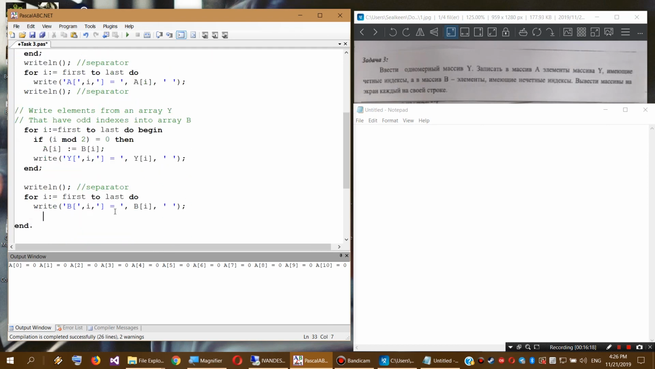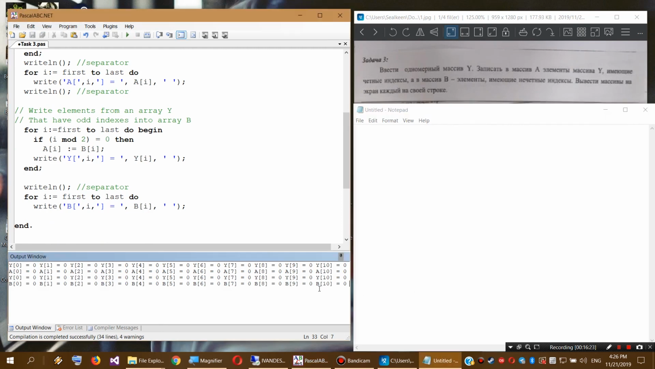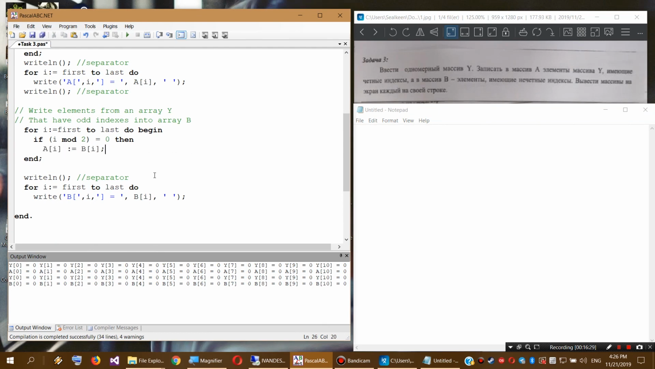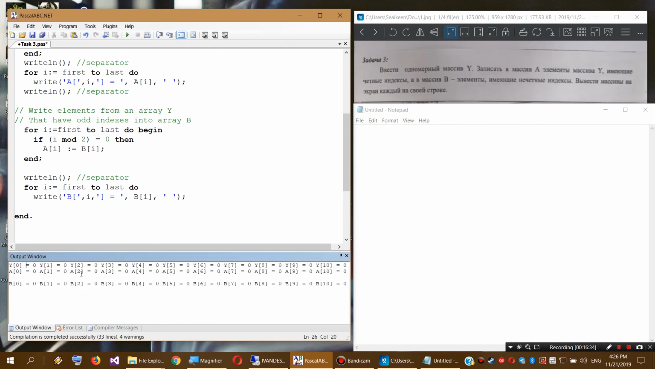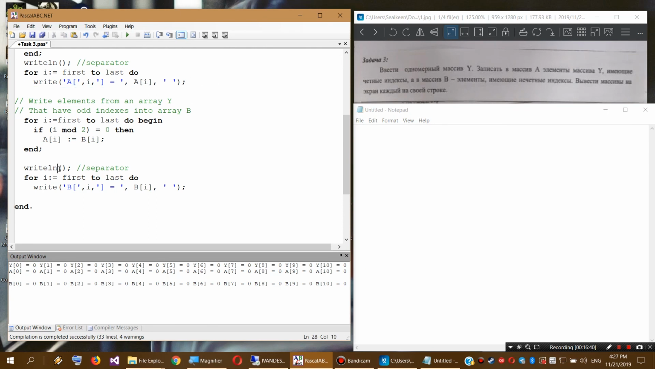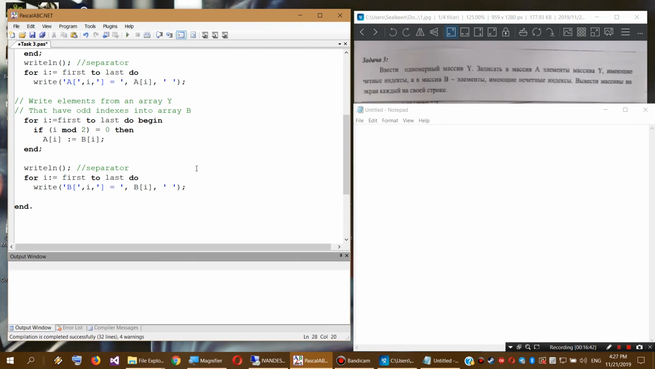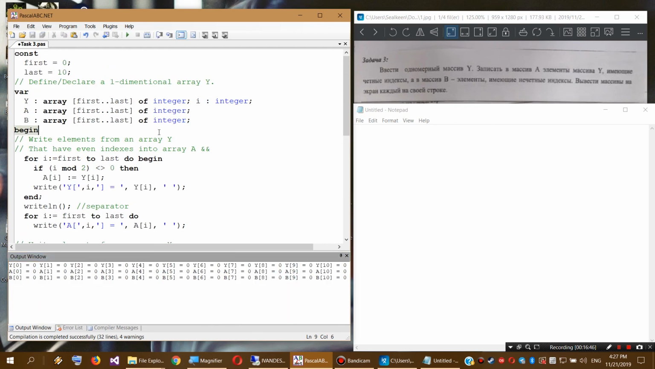Can delete the condition. Well, let's, yeah, it's like here. And by the way, we don't need to show the Y array here. It's already shown. Control F9, F9. Yeah, each array on its particular line. You can also delete the separator here because we have it here. Control F9, F9. Yeah, so now